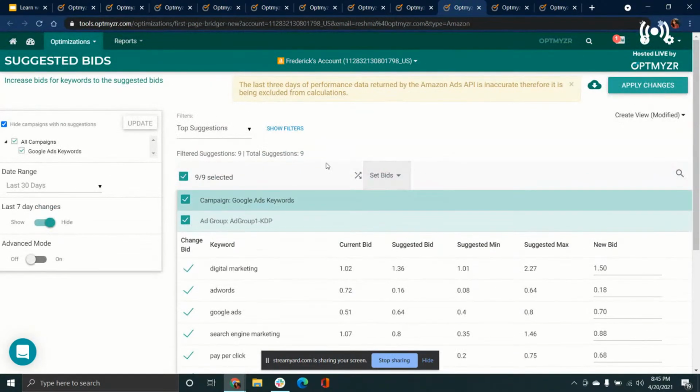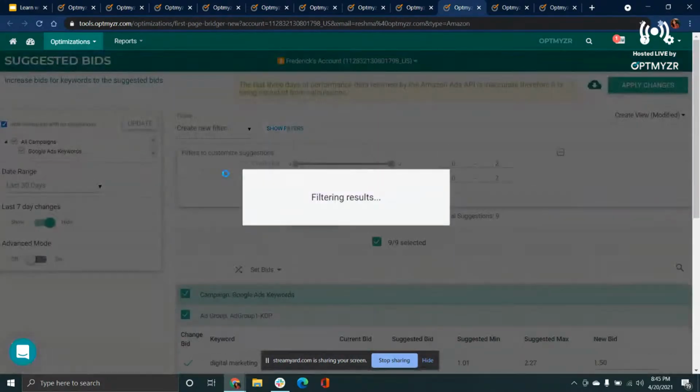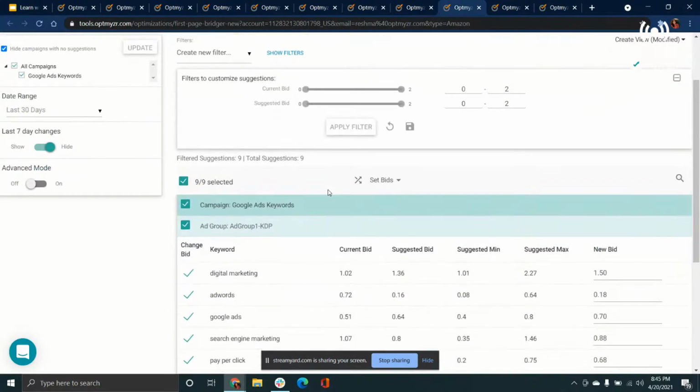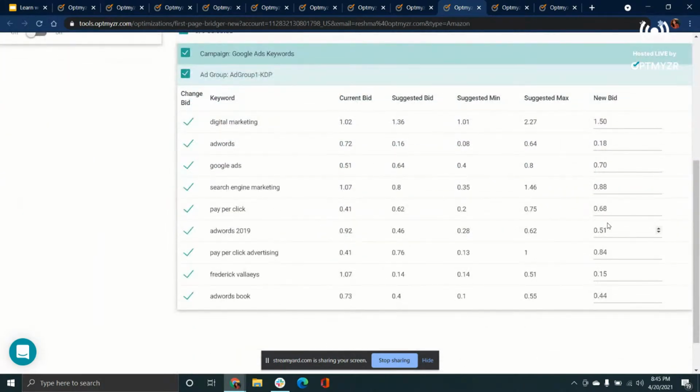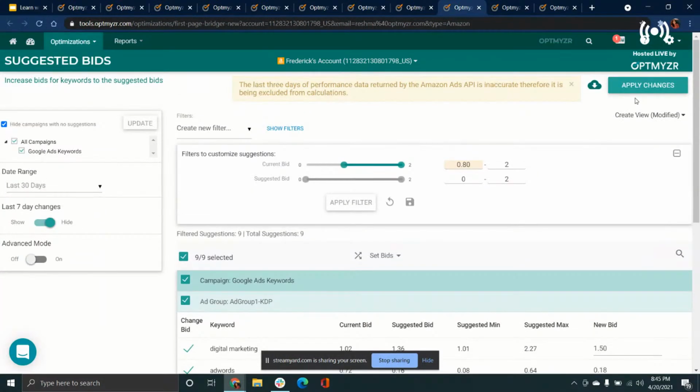These are pulled in, and instead of looking at just the top suggestions, you can create your own filter. What that would mean is you can choose to just see suggestions where the difference between the current bid and the newly suggested bid is less, maybe just 20 to 30 percent, and then see suggestions according to that. Once you choose the ones that you think are good to go for the ad group and campaign, hit apply changes.